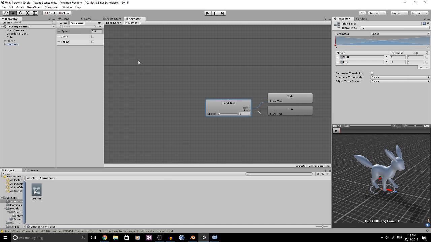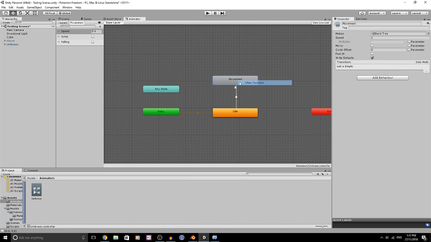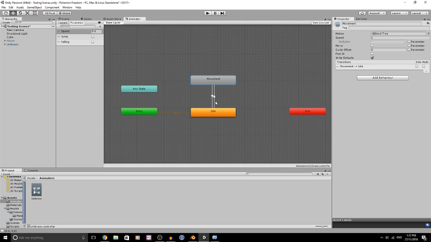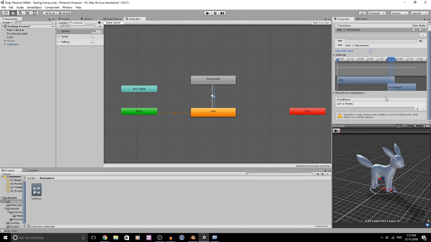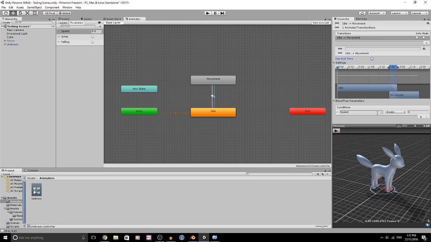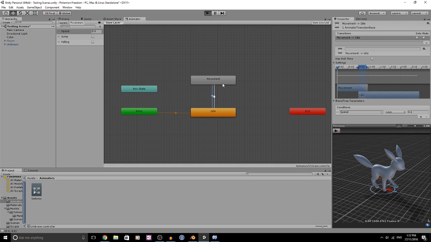So now if we go back into here, we make two transitions, one from idle to movement and one back. And then in here, turn off has exit time, give it a condition of speed, we'll make sure it's greater than 0.1, and the same goes for the other side, except we want to go less than 0.1. So now if we go play,